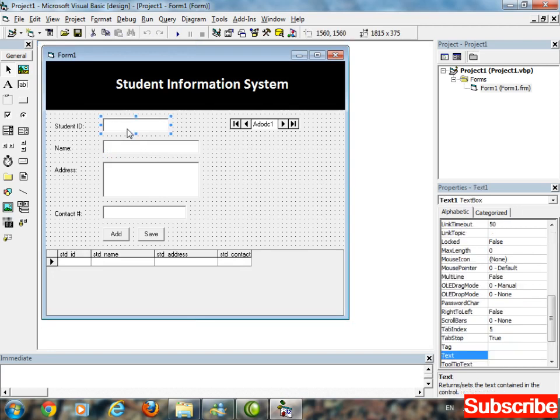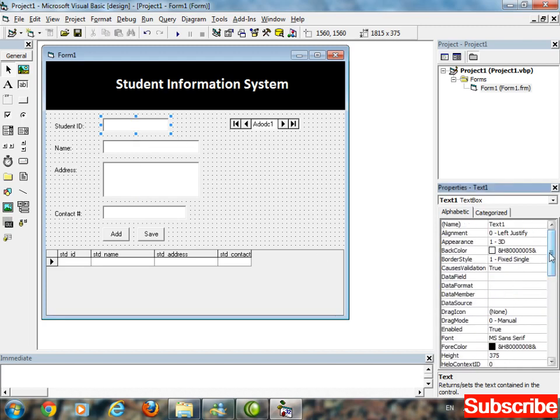Okay. The first text box is for student ID. The second one is for student name, and then for address and contact number. So select the first one and mention the data source. We mention the connection which we have created, ADODC1.